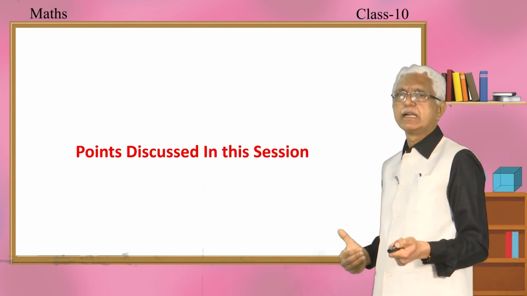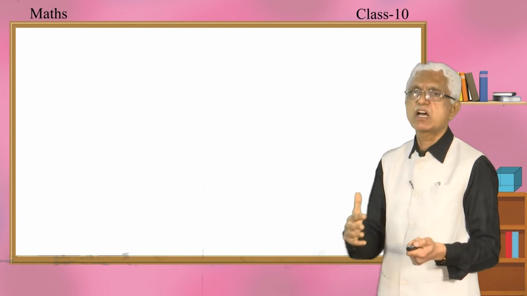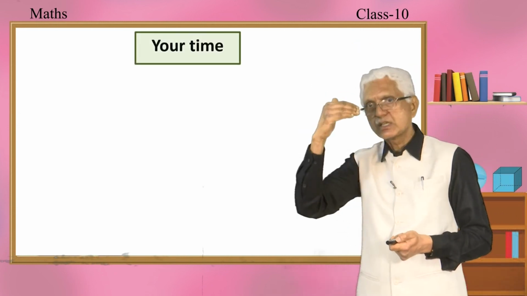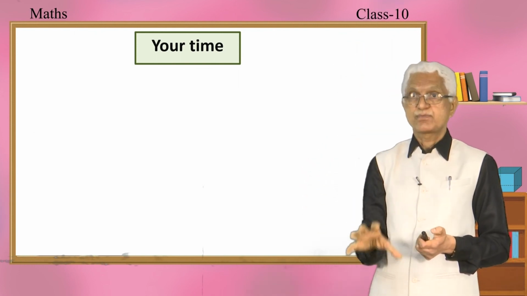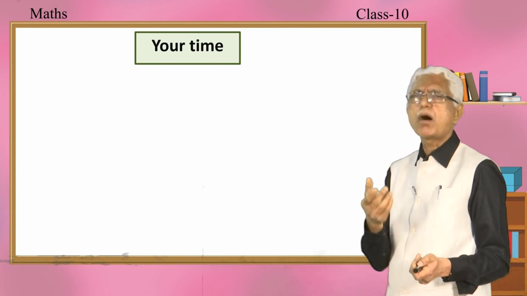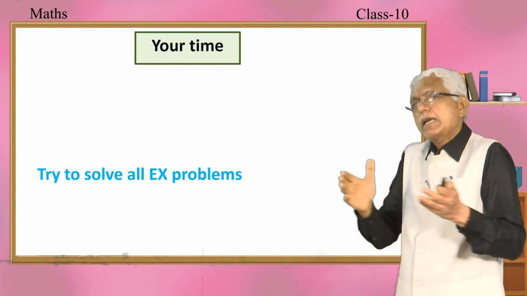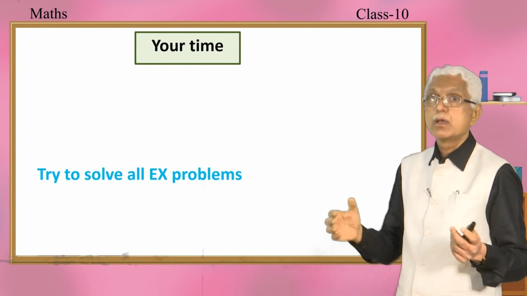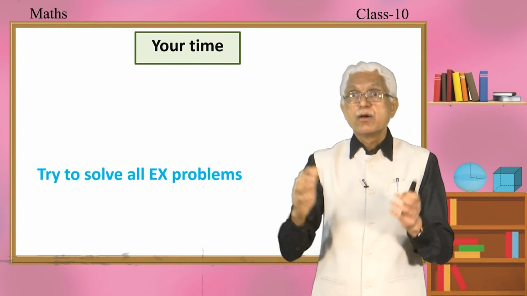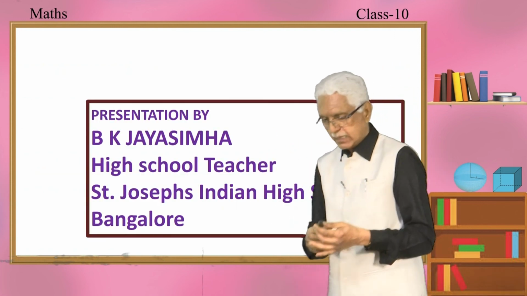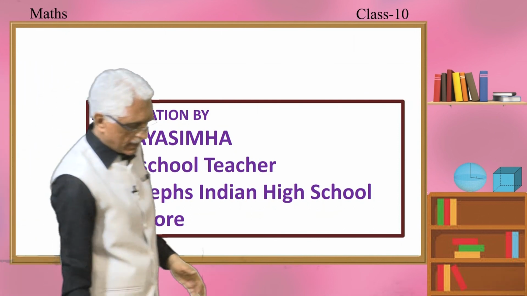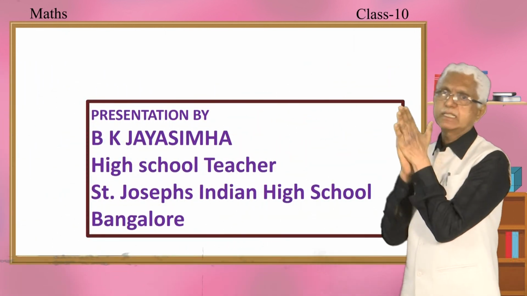So, what all we learned in this fifth session of the lesson, arithmetic progression, is a variety of really interesting problems, my dear children. Now, a small assignment for you: try to solve all the exercise problems, also the worked examples, and especially as many problems as possible from the old question papers. So, with that I complete the final session and thereby the lesson arithmetic progression, my dear children.